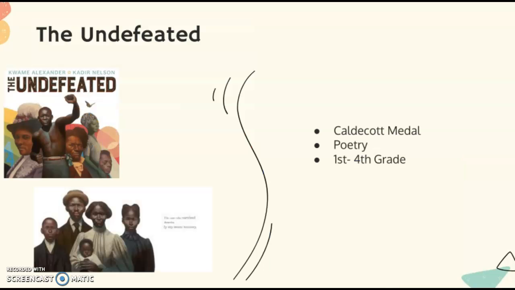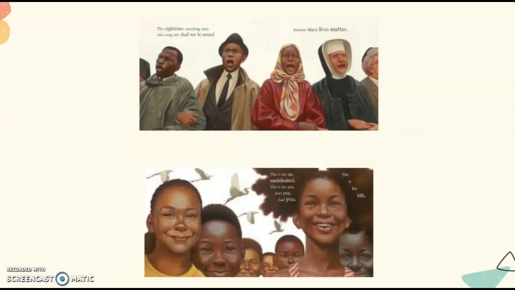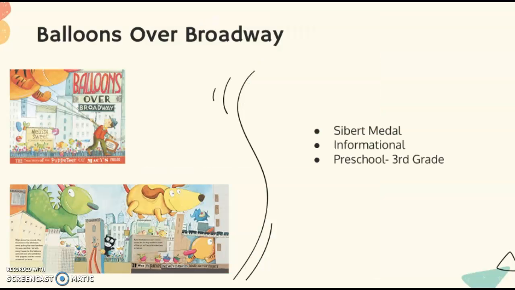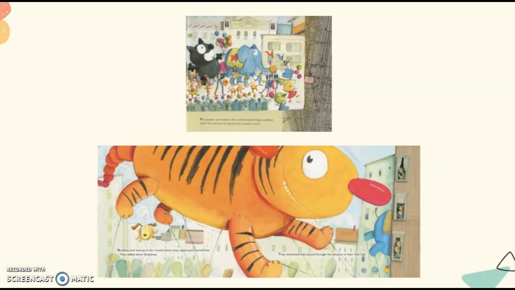The next book is The Undefeated by Kwame Alexander. The illustrations of the people featured in this book were stunning. It really created such a powerful image and message alongside the words being read. The next book is titled Balloons Over Broadway by Melissa Sweet. I really love that even though this is an informational text, the images were so fun and whimsical and so interesting to look at, and I felt like at every single page I could just keep on finding more and more things that I wanted to see or didn't notice the first time that I read this